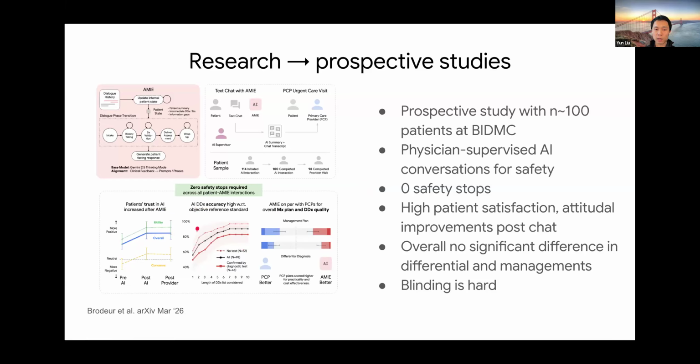Another thing we did in the study was a similar analysis to what you saw previously, where the x-axis is the length of the differential diagnosis and the y-axis is the diagnostic accuracy. We looked at the AI's accuracy, and it was actually pretty good and somewhat comparable to what you would see from a provider as well. Finally, the last piece we looked at was the management plan by the primary care provider versus the AI. In a blinded side-by-side comparison, other physicians judged them as overall fairly similar, statistically no different.